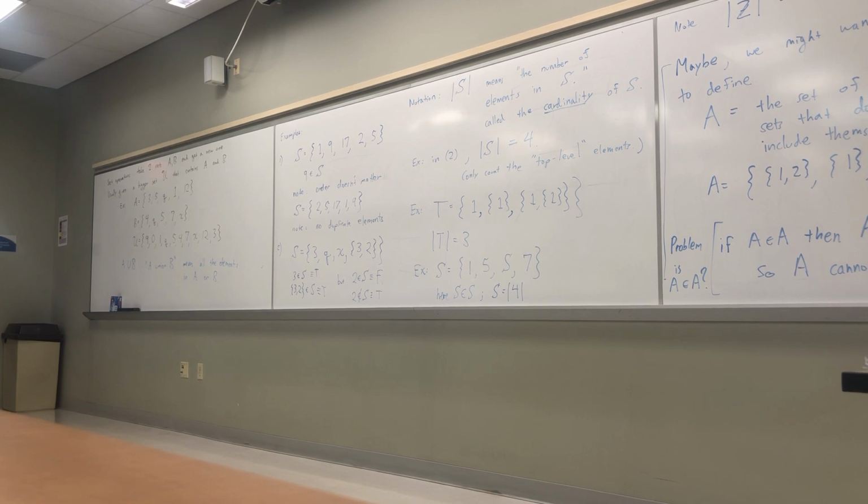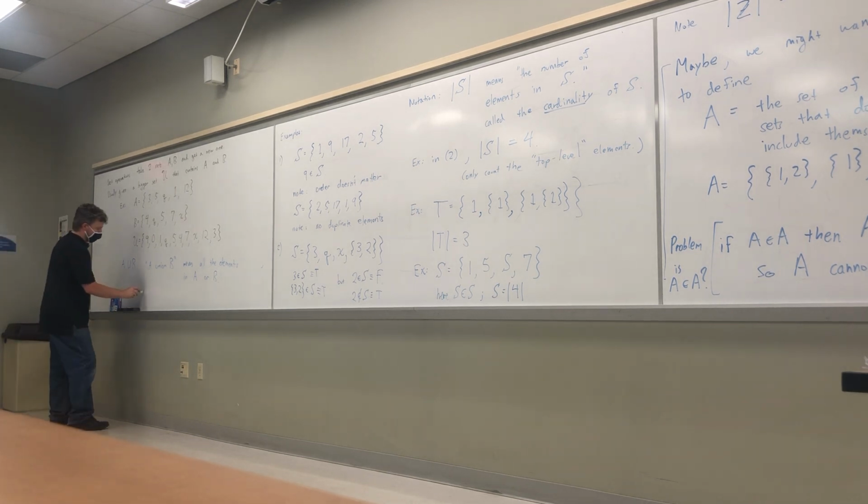Now, you don't have to list them as duplicates, so if there's some that are in both, you just list it once. So for this example, A union B would be,